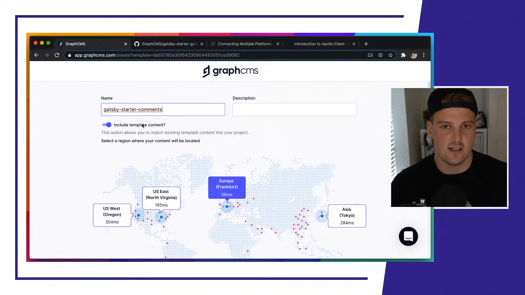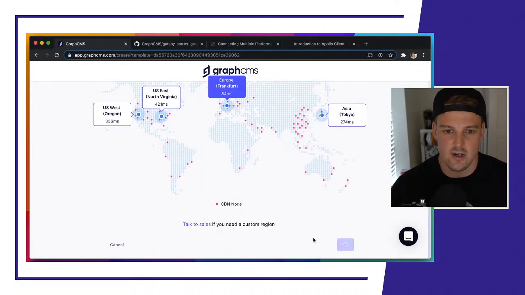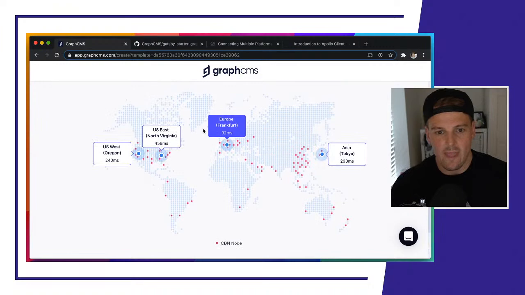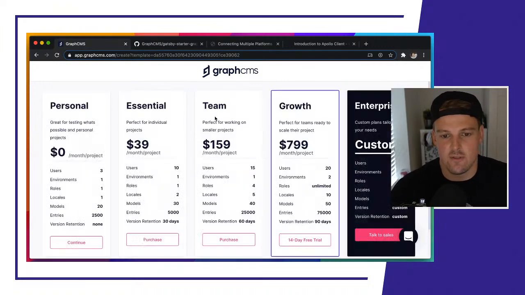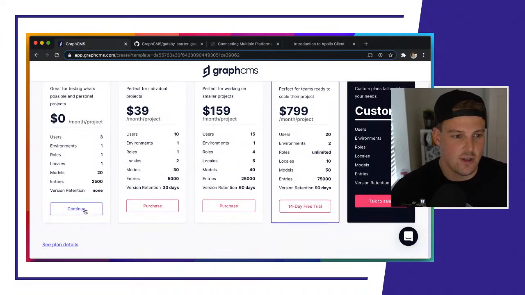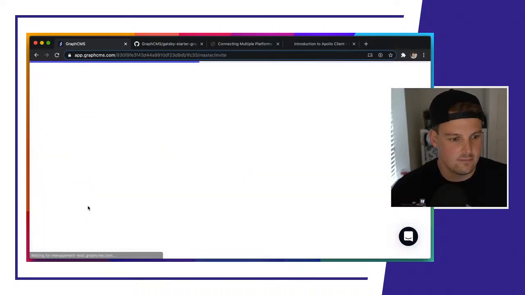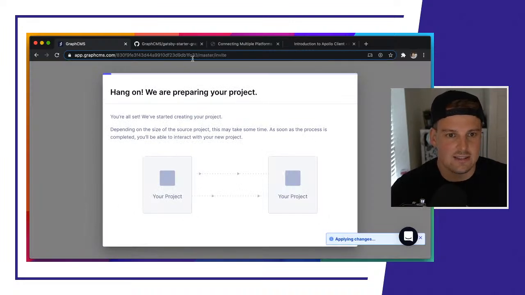So when that's checked, that means basically we're going to get the blog posts, the blog authors, the actual content, as well as the schema created in our project. I'm going to create that now. That should start firing off. And we're just going to run this on our very generous developer plan here, which should be more than enough to power a blog. So whilst that's cloning there,